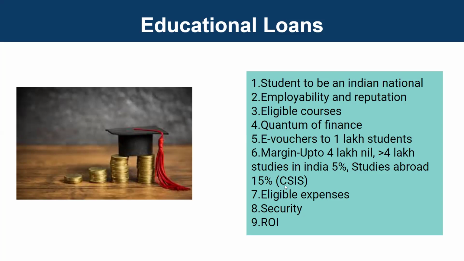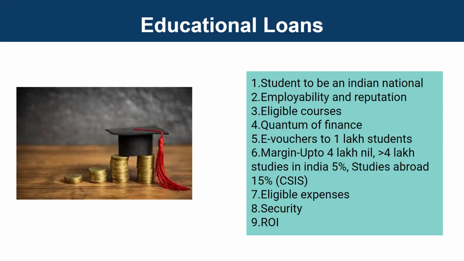It provides full interest subsidy during the period of moratorium, that is the course period plus 1 year. So if it is an engineering course, it will be 4 years of engineering course plus 1 year of moratorium. For that period, there is a scholarship which the Government of India gives to students belonging to the economically weaker sections. So when it comes to eligible expenses